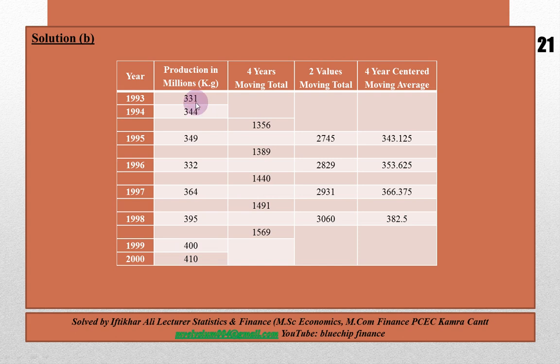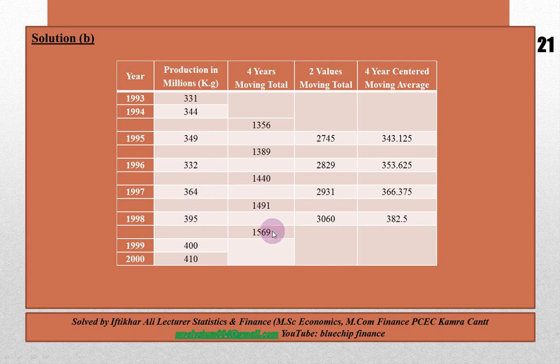First of all, we add up 4 values and total will be given here. After that, we skip 1 value and add up the next 4 values, and total is given here. Now we skip second value and take the total of these 4 values, and total will be given here, and